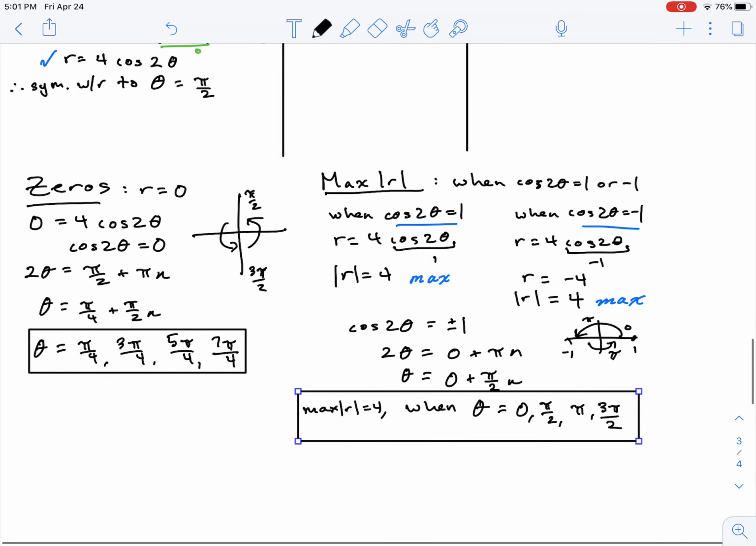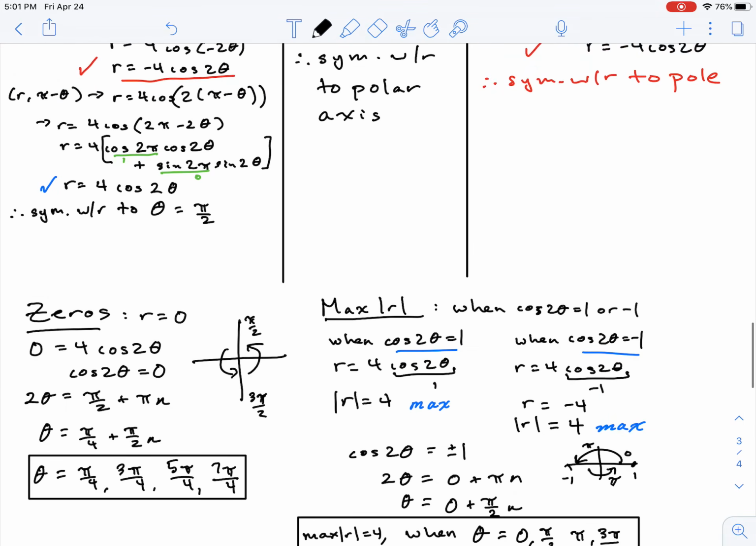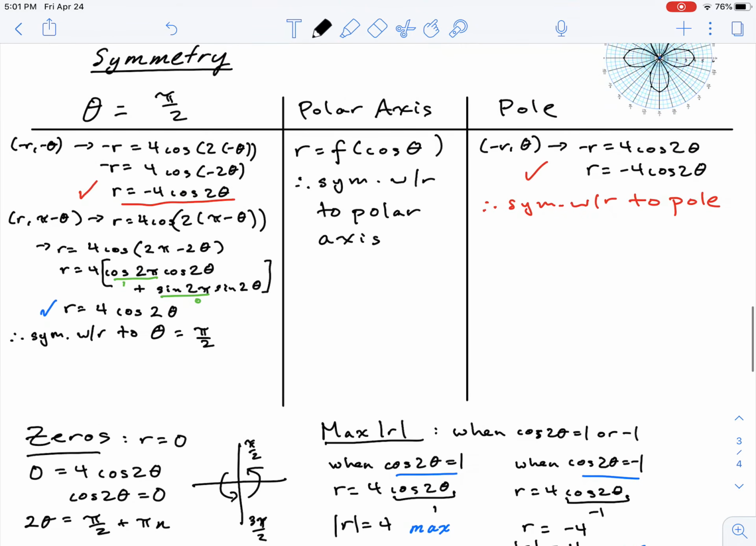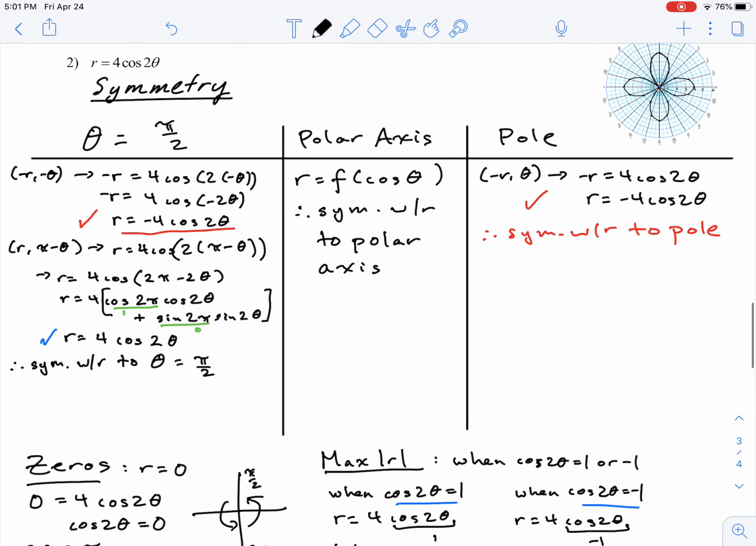Okay? So hopefully that helps out. Now that it's our second time doing this, we come up with our maximum r values, figure out where those occur, find our values for our zeros to make r equal to 0, and then really just, again, think algebraically about why the symmetry